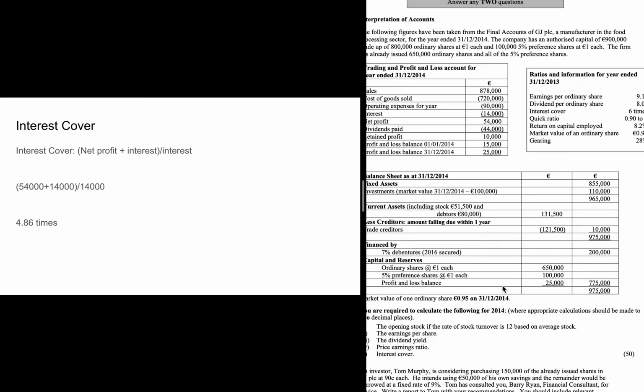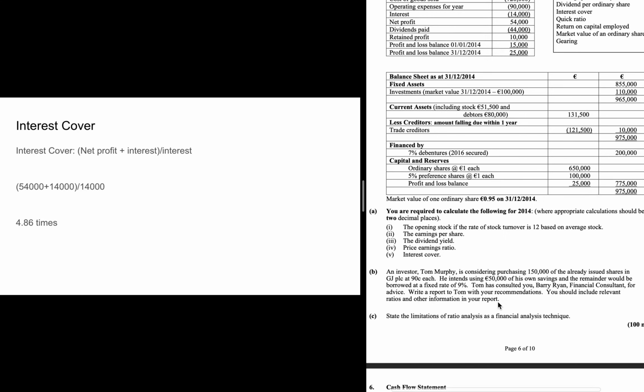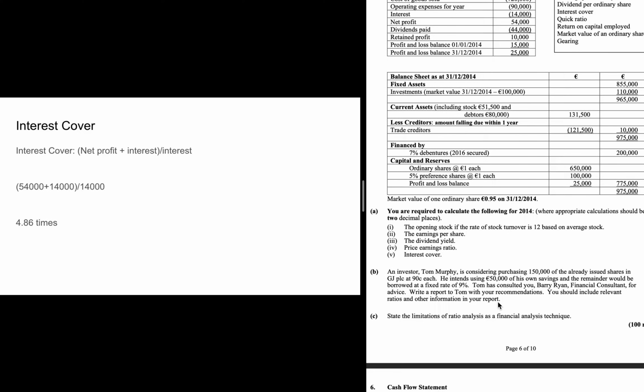So you fly through that and then you get to this report. As I said, the report is the exciting part of this question. So there's not too much difference. You have to write it on the basis of should this guy buy the shares. So he's an investor and he's considering buying 150,000 of the already issued shares. So they're not new